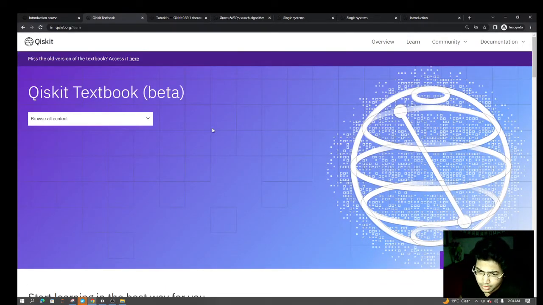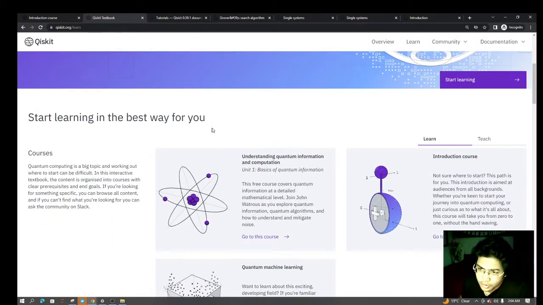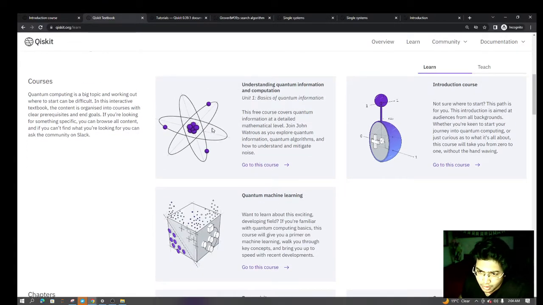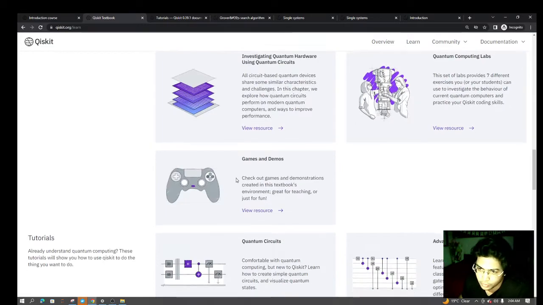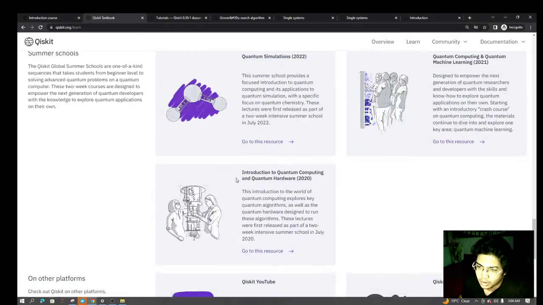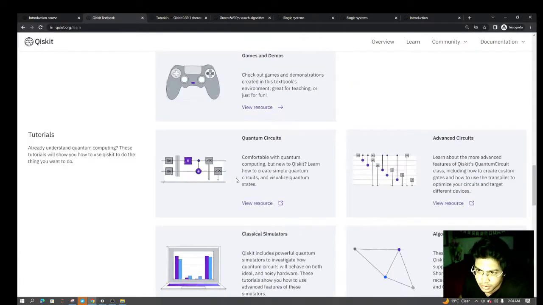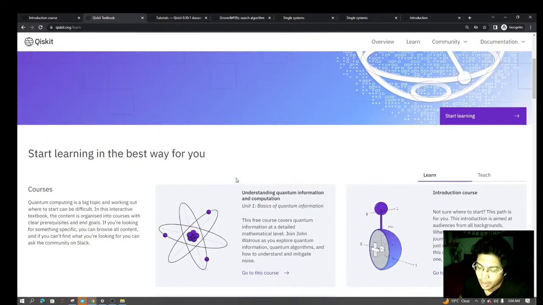So in this video, we are starting with IBM Qiskit. In the subsequent videos, we'll be talking about D-Wave, Xanadu, PennyLane, Google Quantum and other stuff. In every video, I'll take you through the resource. I'm not going to walk through each and every part, but I'll give an overview of how you should approach